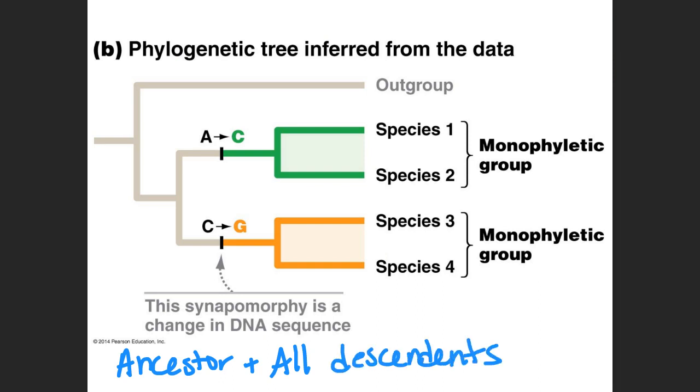And so it depends how far back you want to go. If you're looking right here, where I'm putting a dot, that's a monophyletic group that includes species 1 and 2. If you want to go back to here, this monophyletic group is species 1, 2, 3, and 4. Or you could go all the way back to where they all shared a common ancestor, and we now have this outgroup plus these groups. So it's just a group that has one lineage, right? We're looking at one lineage. Mono is one, phyletic is a phylogeny, the line of ancestry.